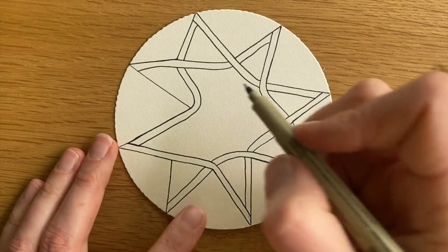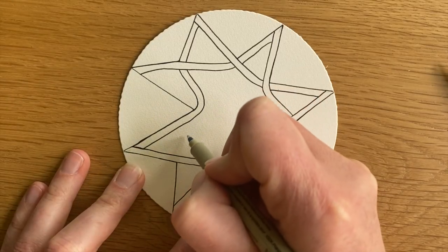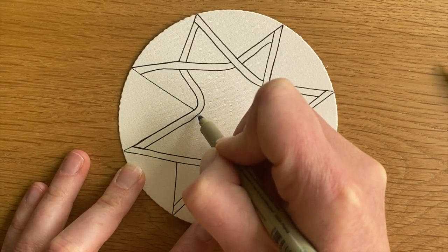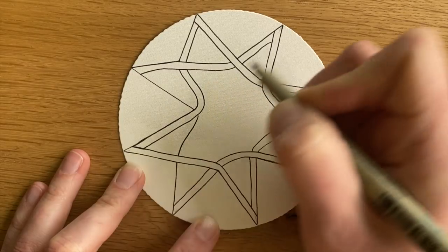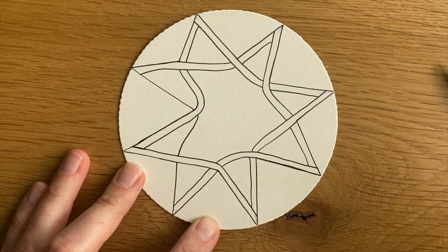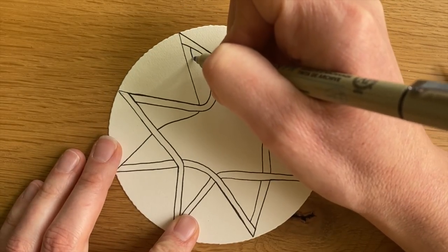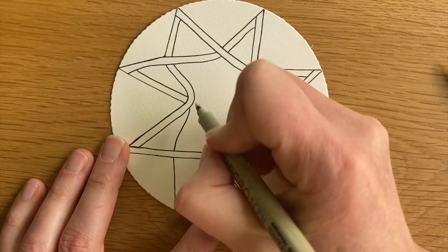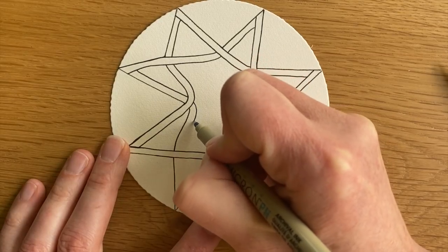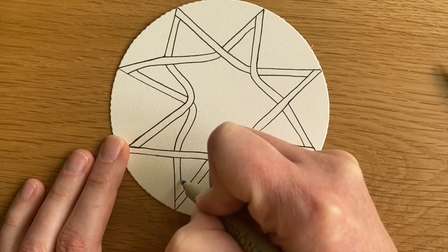And now we have one more to go. So we have this line here. We're skipping over this peak right here. Let's see here. And then,